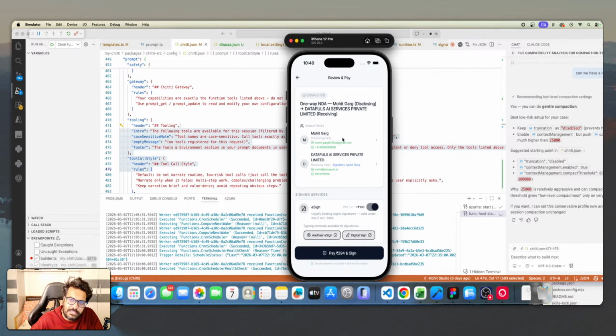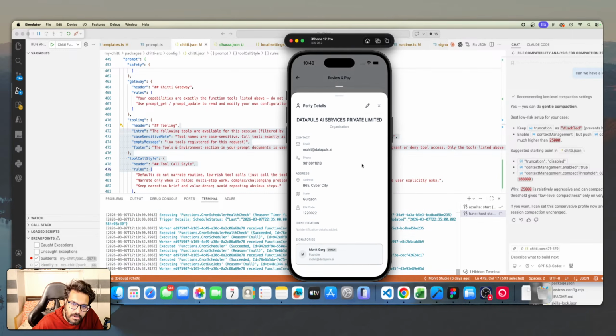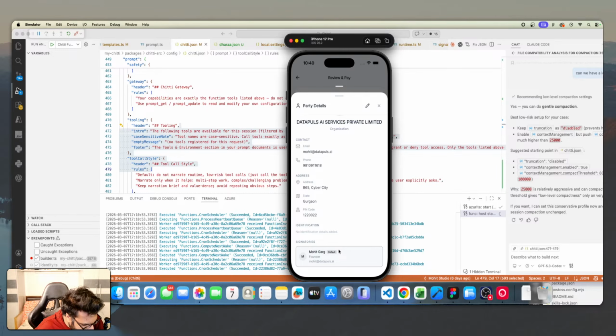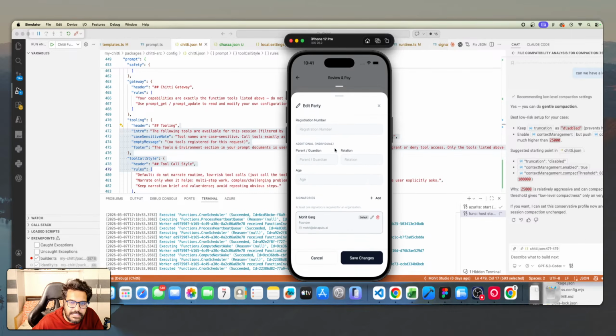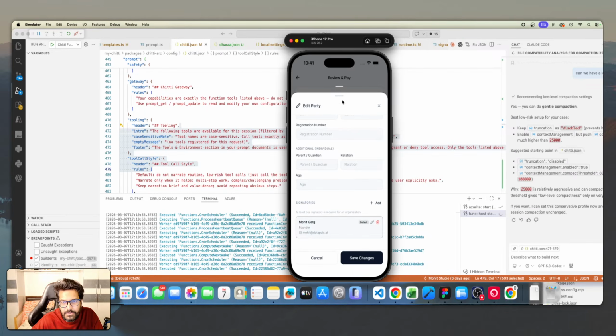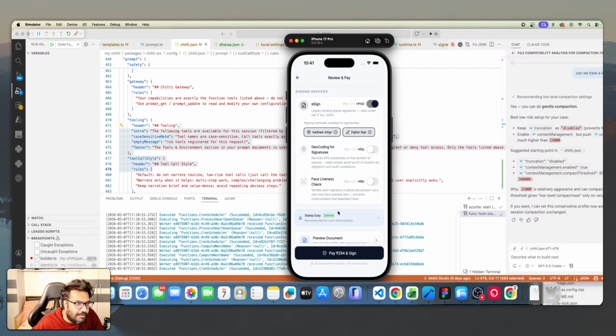Okay, coming back to here, if the first person is an individual, the second person is an organization. For an organization, you definitely need to have a signatory, because the organization cannot sign for itself. You need to provide signatories for that. A person can add multiple signatories, and you can select the person who will be signing on your behalf. And then we have three options here, wherein the e-sign option